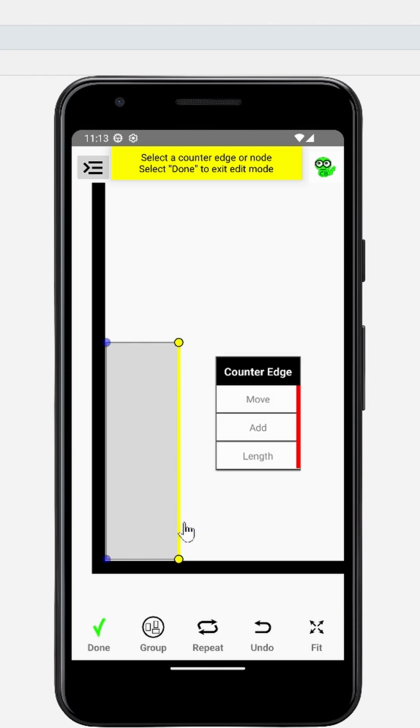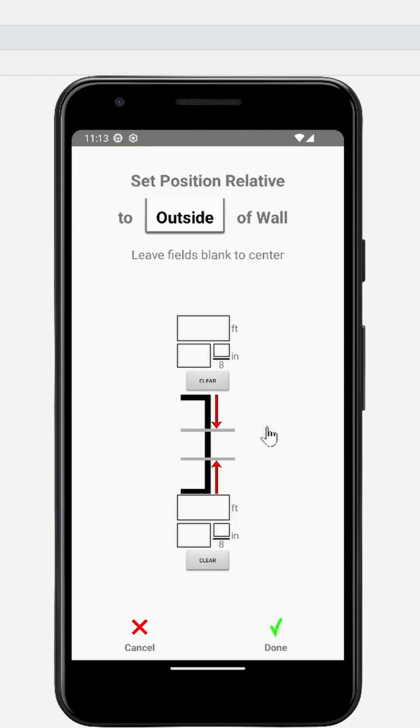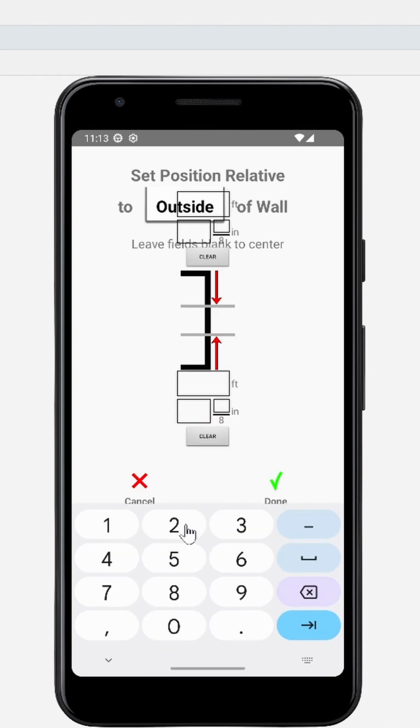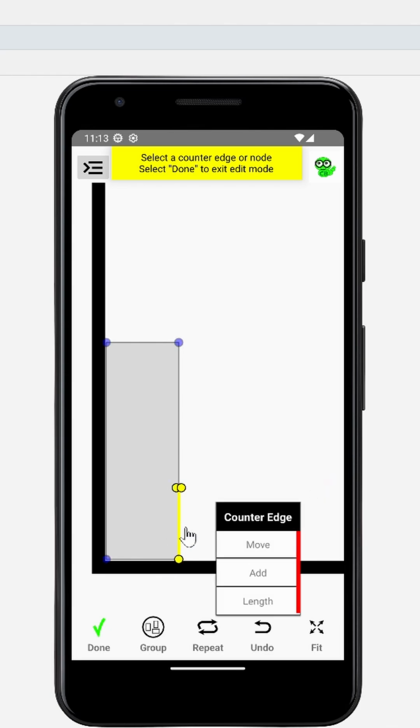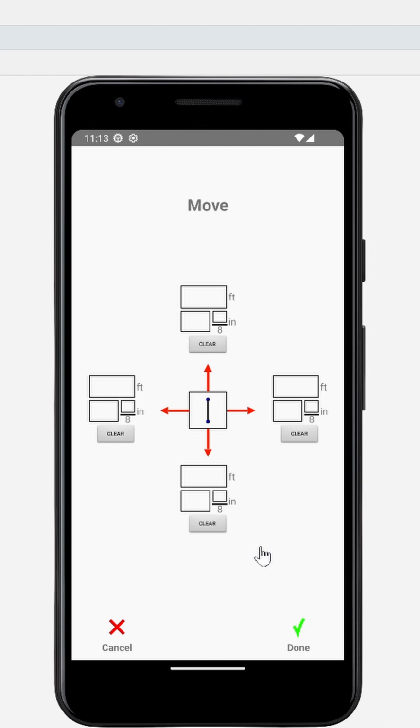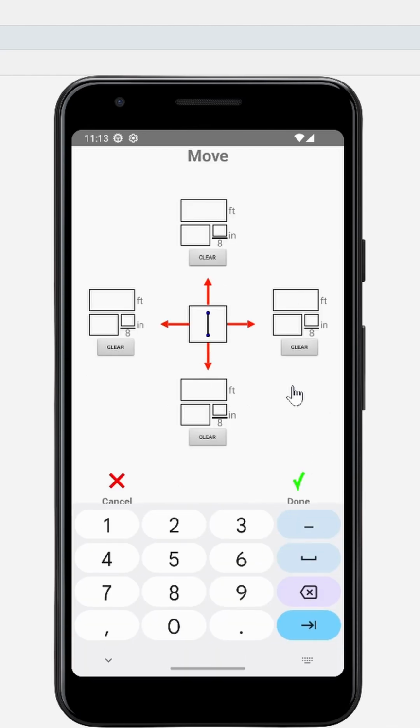So I'm going to click on this edge of the counter, and I'm going to add a split node. And since the depth of my counter is 28 inches, I'm going to set that 28 inches from the corner and click done. Now, when I measure from this point to the end of the counter, that measurement is 4 feet 2 inches. So therefore, I'm going to click on this edge and move it 4 feet